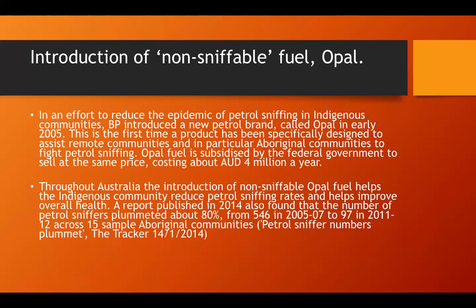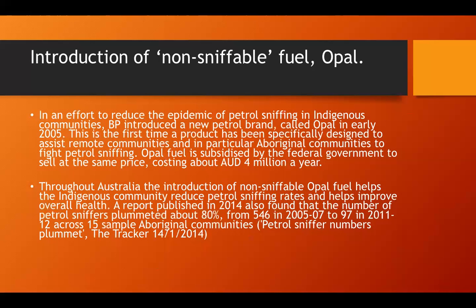This has been highlighted in Katherine, a town with a high Indigenous community population of about 5.5%, and what he was saying was that it only takes one petrol outlet to break down contract talks for Opal, and that would collapse the whole deal in the Northern Territory and far north Queensland when it's talking about non-sniffable fuel. Because if there's one source of petrol, a petrol station that has sniffable fuel, which is just like your unleaded or your E10, then obviously everything would just collapse.